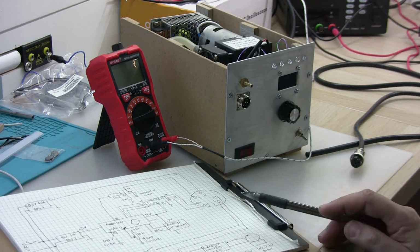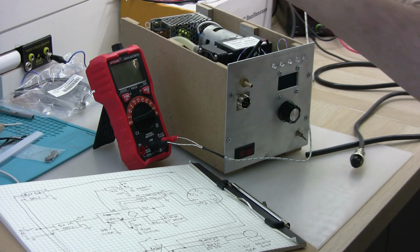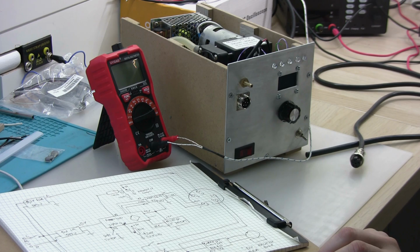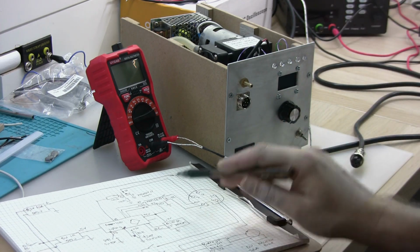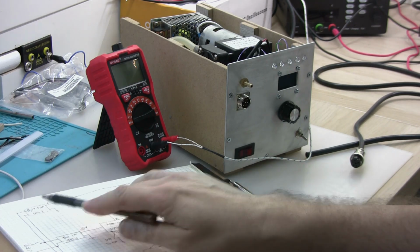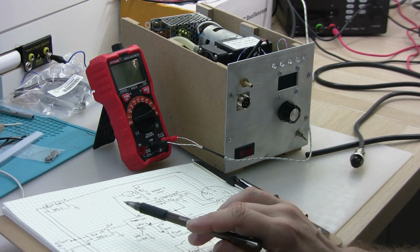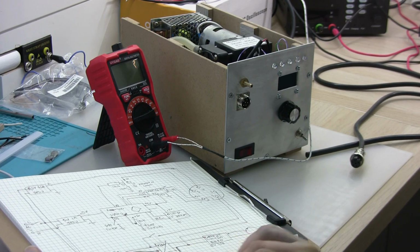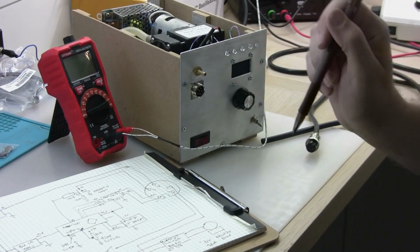The socket, the vacuum pump sits here on top. There's a current limiting board under the vacuum pump. Here is the 10K potentiometer. Here is the switch that is activating standby. Here is the OLED display. The MAX6675 board is here behind the front panel, and also the MOSFET circuit is here behind the panel. The power supply for the heating element is on the ground floor. The power supply for the Arduino Nano is here next to the vacuum pump, and the 12-volt power supply for the vacuum pump is here at the back of the upper floor of